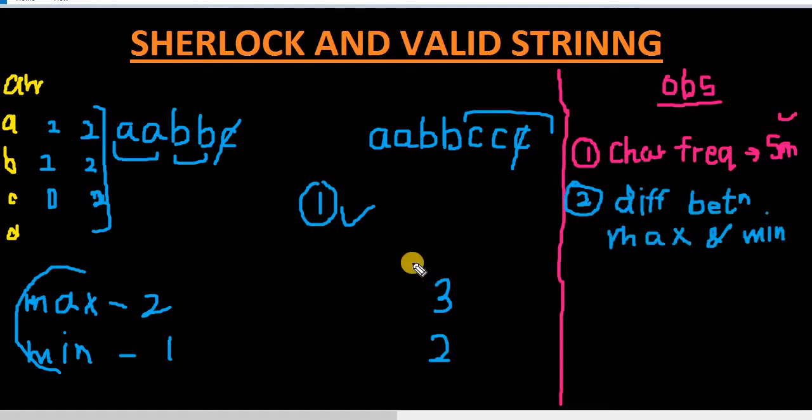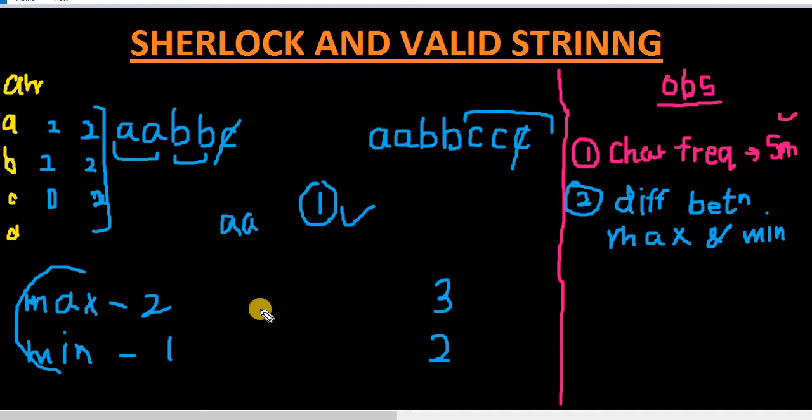Another benefit of using max and min is that, like in the previous question, whenever we had AA and BB, the maximum value and minimum value for that string will be the same. So if the maximum and minimum value are the same, that means each character has the same frequency. Whenever there is a difference of 1 only, then we'll check a further condition by deducting one value to see if they match or not. Okay, so this is the case.